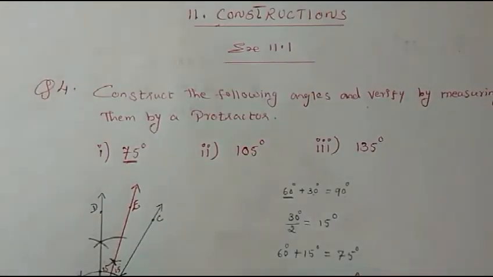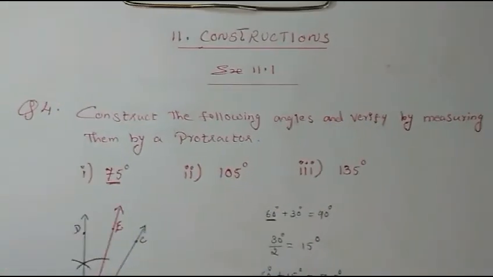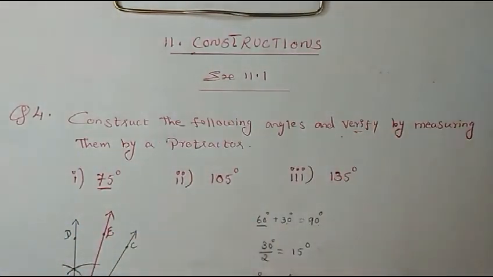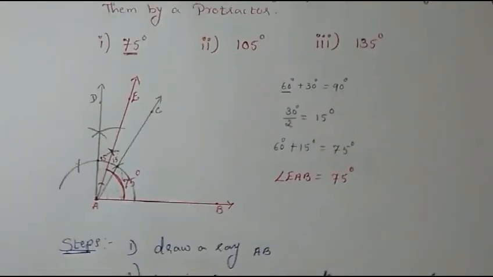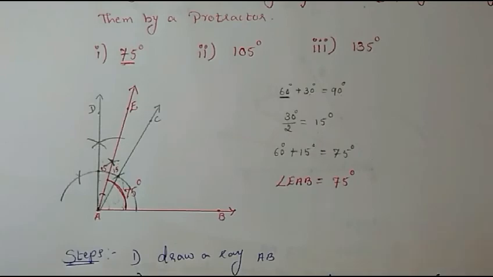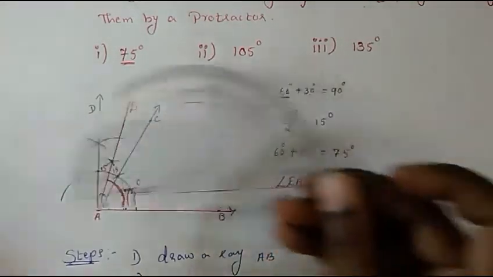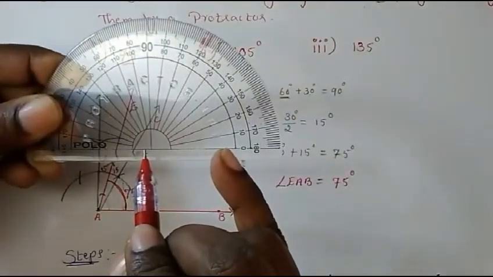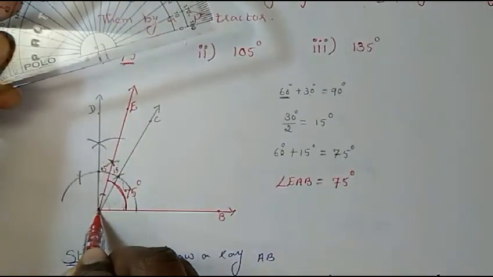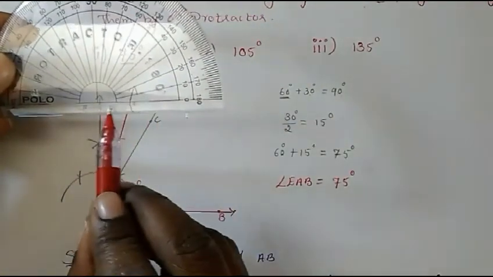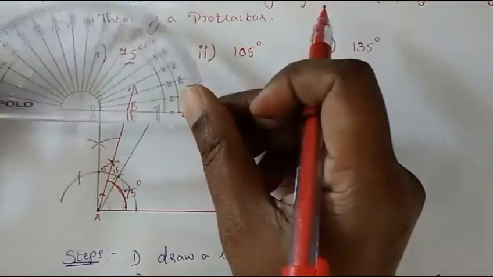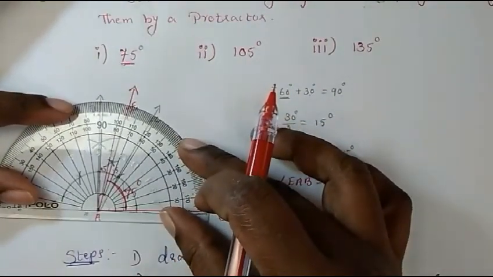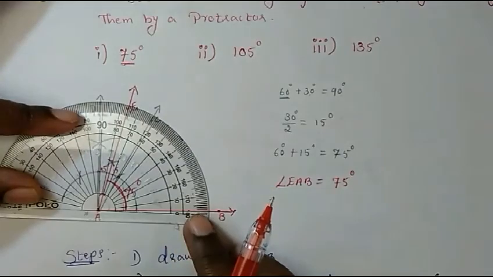That's it. One more thing, we have to verify by measuring with a protractor. You see, verify by measuring with a protractor. Okay, so let us take the protractor. This is your protractor. This is called a protractor. So what you have to do is keep it exactly. Look at this center point. This center point has to be on this center point A, and this line should be correctly falling onto this line. So let's keep this center point on A exactly, and this line should be correctly on that line.